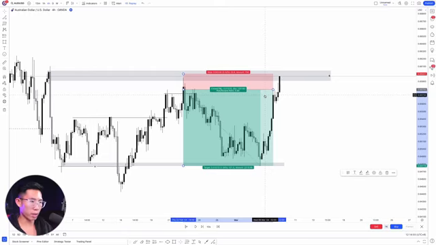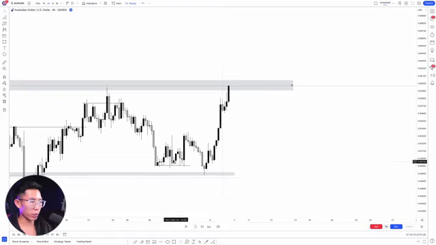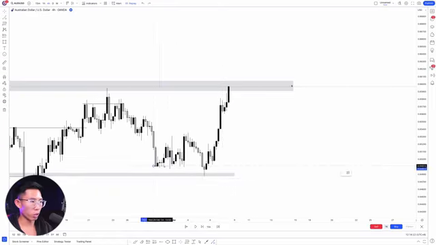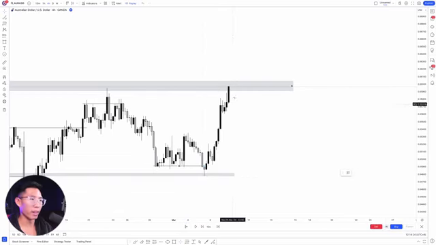And look at what price does once again. Price grabs the liquidity below these lows that we have right here, right? Chances are, if you look at it, from here there is actually a support level right here, and price is creating your liquidity sweep right here before getting the momentum and hitting back up.